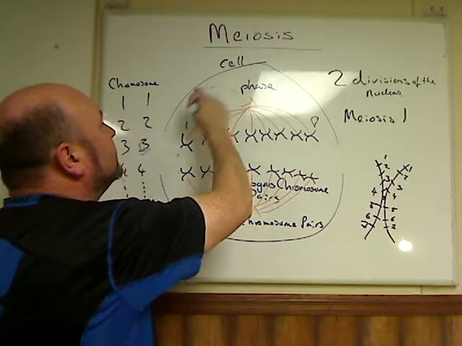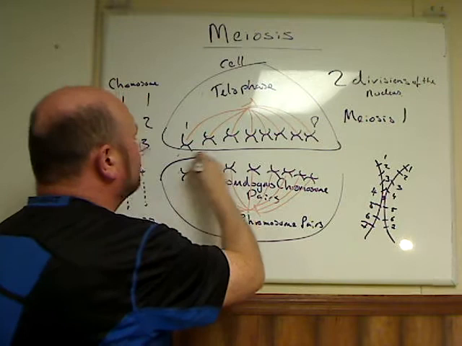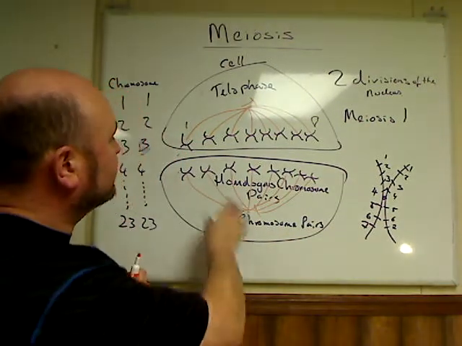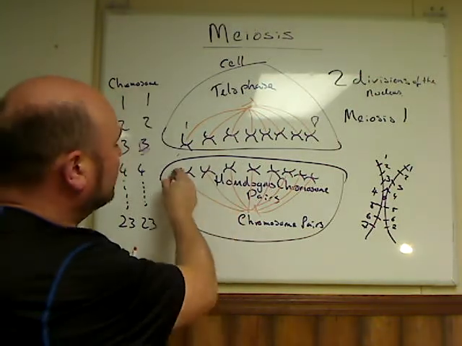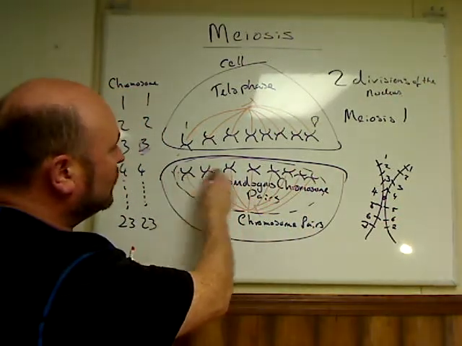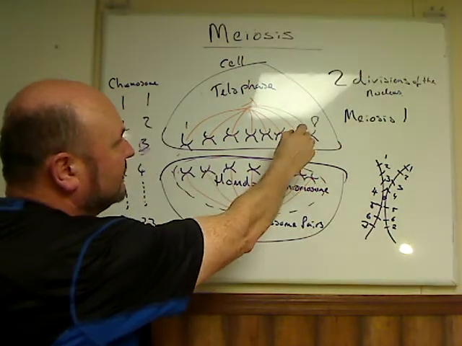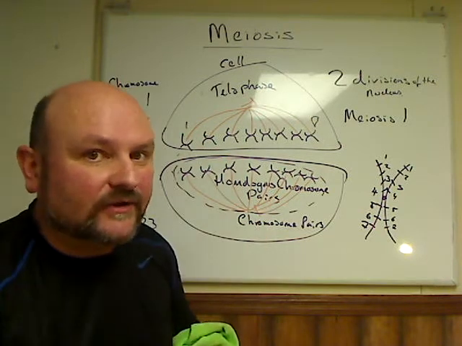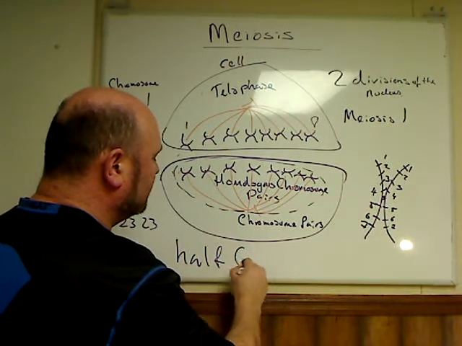goes into telophase, and separates by cytokinesis, the whole cell's separated. We're just really looking at what's happening in the nucleus right now, and that all reforms around it. We're now down to 1, 2, 3, 4, 5, 6, 7, 8 and 8 there, where there was 16. So we have half the chromosome number. That's the important thing. You halve